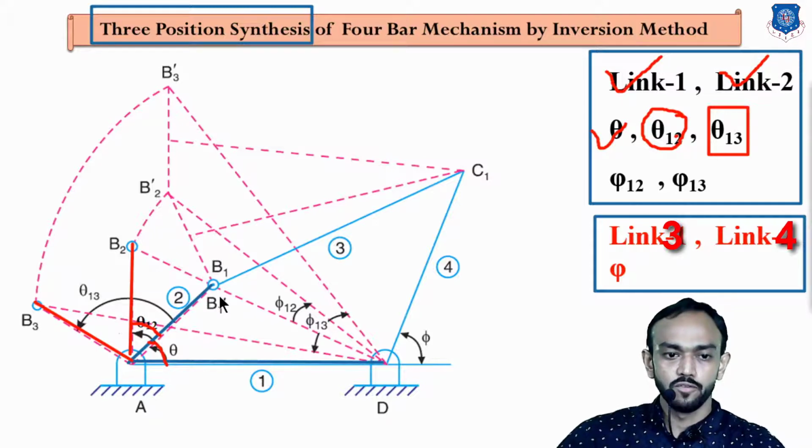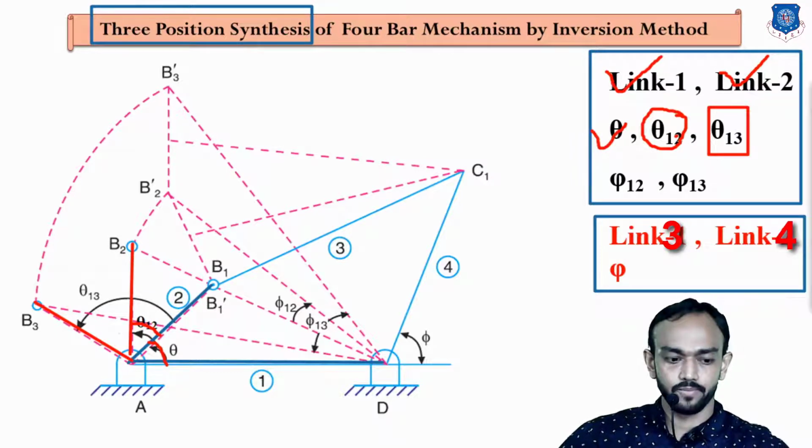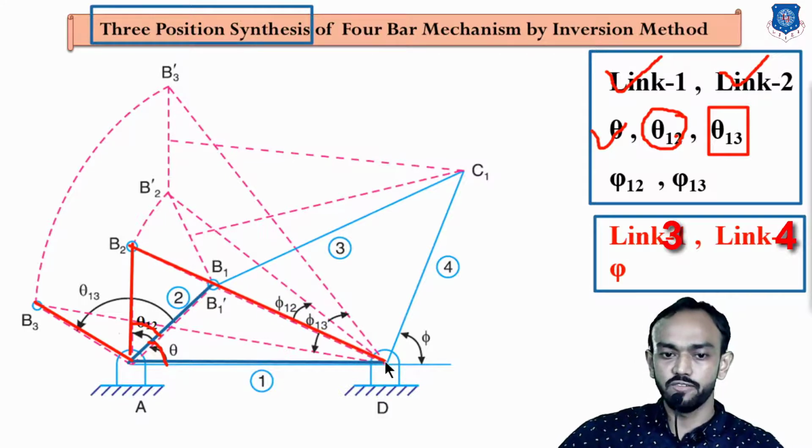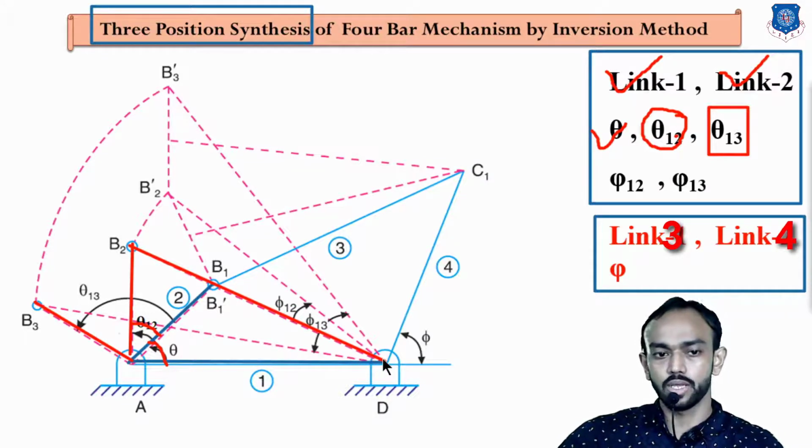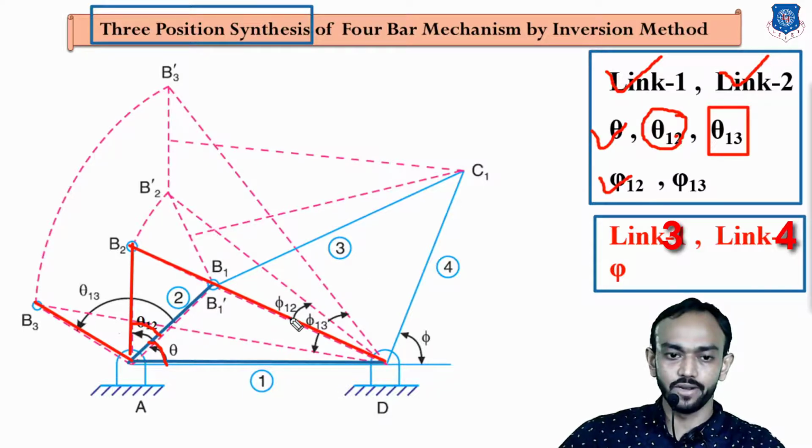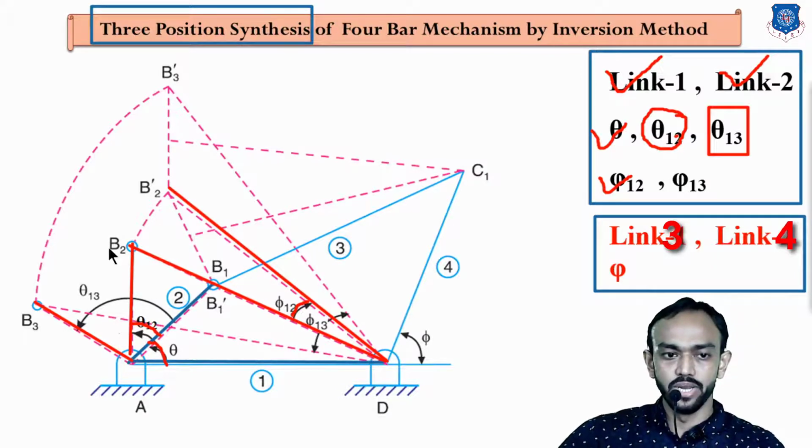What we are going to do, first of all, we connect this second position to the end of link number 1. We are connecting this. Okay, we have to connect to here, and phi 1 2 is given. Phi means output angle, phi 1 2. So we make the angle from this phi 1 2 and project that line here. Check that. What we have done is B2D, after drawing the B2D, we have projected that line with respect to D phi 1 2.